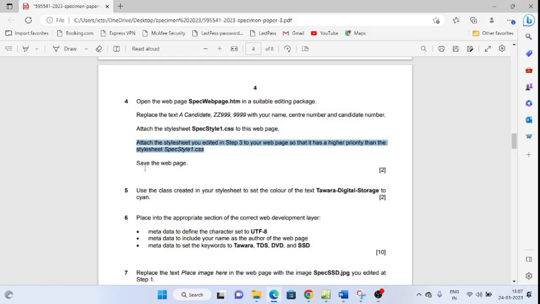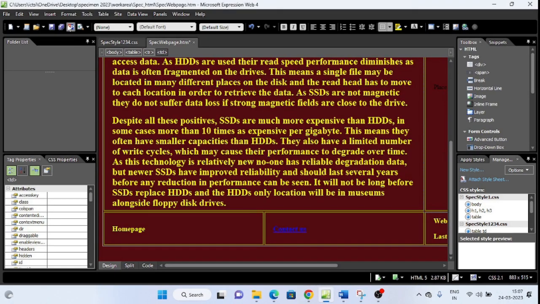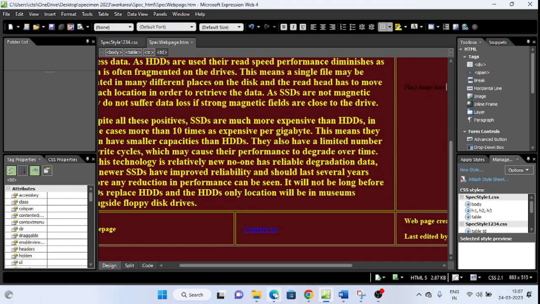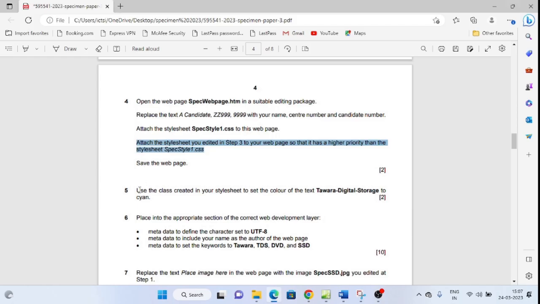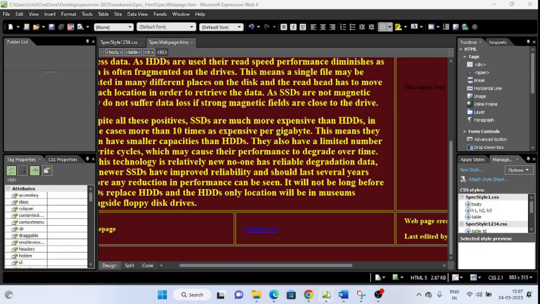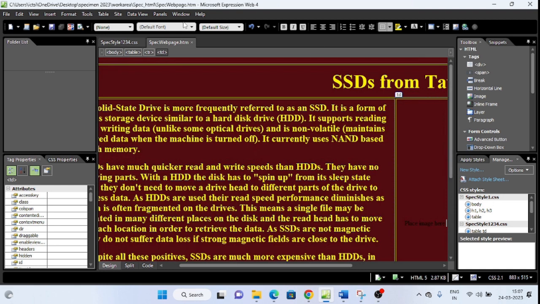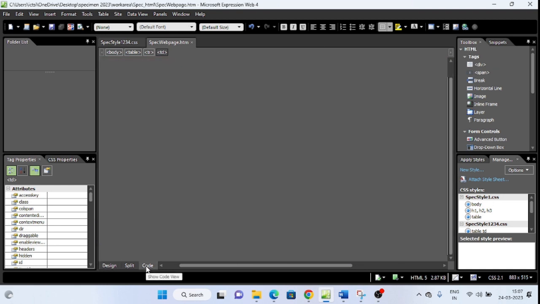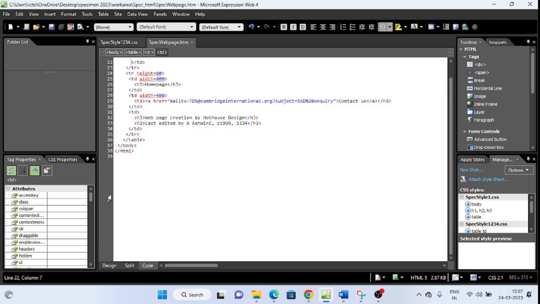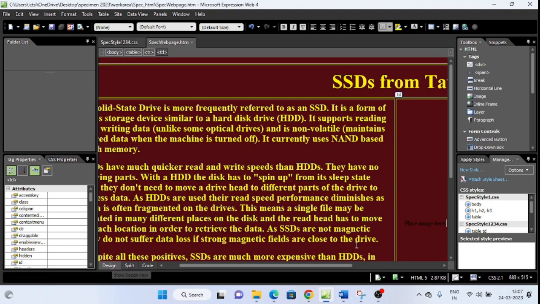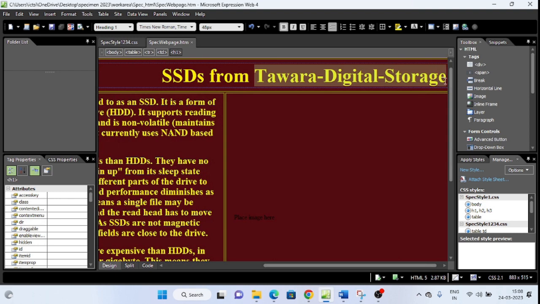Next, save the web page. Save it. After that, use the class created in your style sheet to set the color of the text Tawara digital storage to CYAN. So the class which you created, that you have to use in this style sheet for the text Tawara digitals. For that, click on code. You can select that particular text here, Tawara digital storage, right?